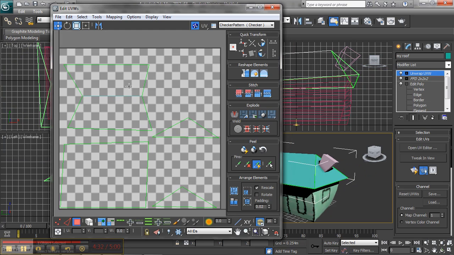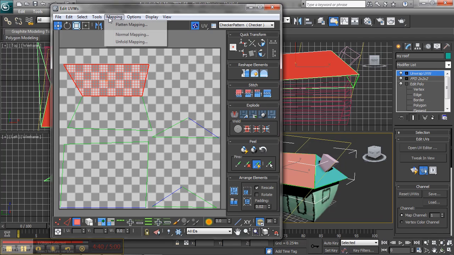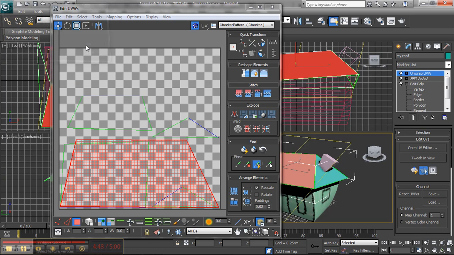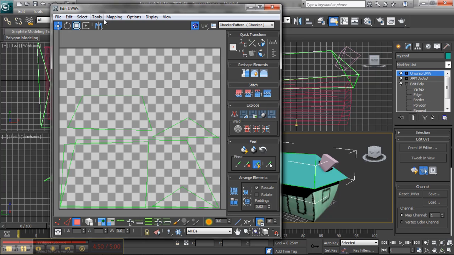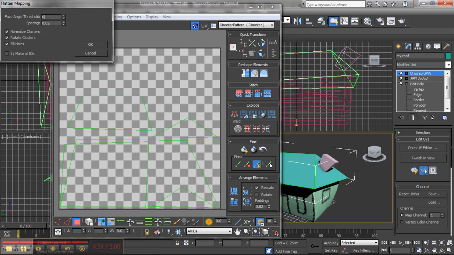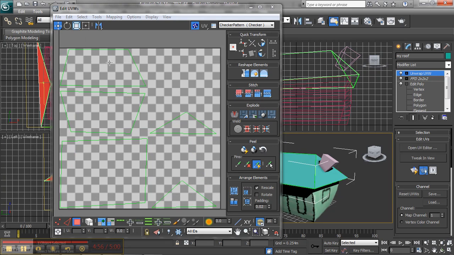So we want to separate those panels so that we can individually texture them like we did with the walls of the house. So when we choose to flatten mapping for the roof, we can actually set the angle threshold right down to 0. And what we'll get as a result from that is every panel of the roof, all 5 panels,